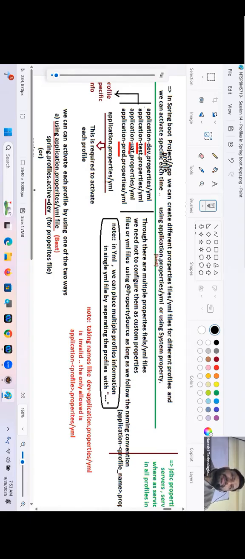Sir, DAO classes belong to two profiles, Oracle for two profiles, MySQL for two profiles. That's fine. But service and controller look common for every profile. Are they changing profile to profile? Then what should I do, sir? Don't write any profile. Don't write the annotation @Profile. They will be ready to work for all profiles. If a Spring Bean is not annotated with @Profile, it will be executed for all the activated profiles.